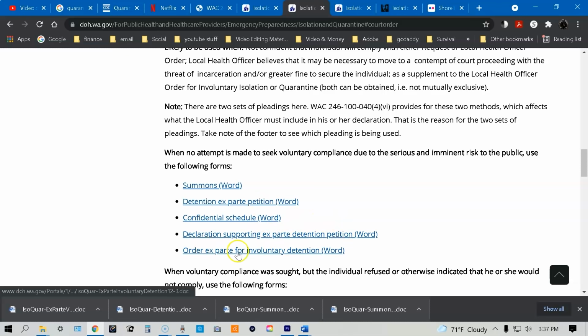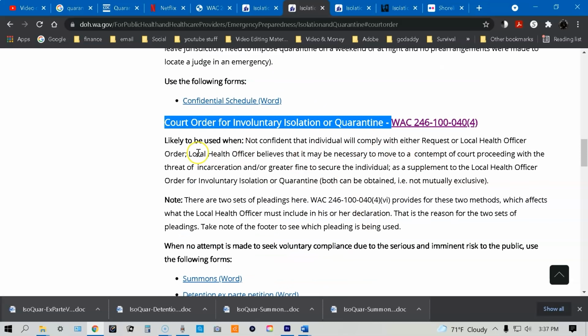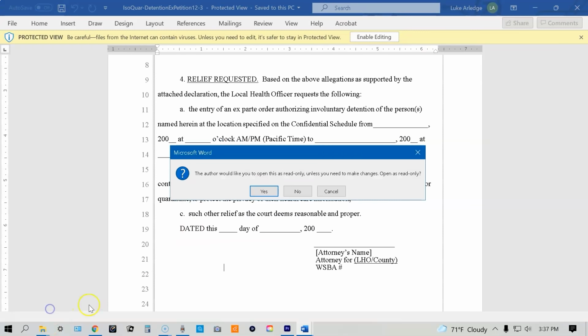Order ex parte for involuntary detention. Local health officer believes that it may be necessary to move a contempt of court proceeding with the threat of incarceration and or greater fine to secure the individual as a supplement to the local health officer order for involuntary isolation or quarantine. Both can be obtained but are not mutually exclusive. And now let's look at the order ex parte for involuntary detention. When we bring this up,